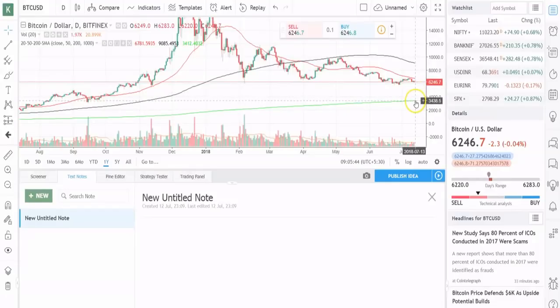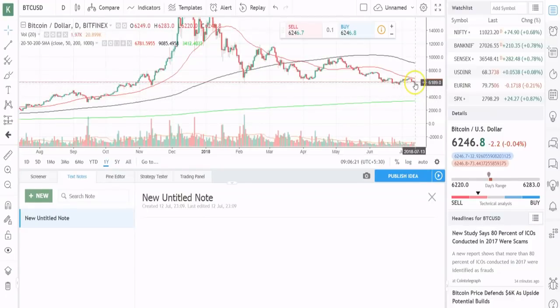Now, of course, this is really, really low near 3,400, but even at 6,200 right now, in a bear market, you're looking at the bottom and where it's going, and it could still be going further down. I think it's important that we find the floor before we can get the next bull run. So no, this is not fun or anything like that. I want Bitcoin to reach new all-time highs, but in order for it to do that, it needs to first find a floor that it can really get behind. It needs to find a support level that it can absolutely not fall below.